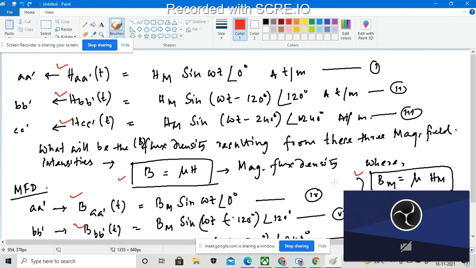So we can say that the current and the corresponding flux densities can be examined at a specific time. The currents are A dash T, B dash T for the coil B dash and C dash T. So that's why we are considering this T, at a specific time to determine the resulting net magnetic field in the stator segment.